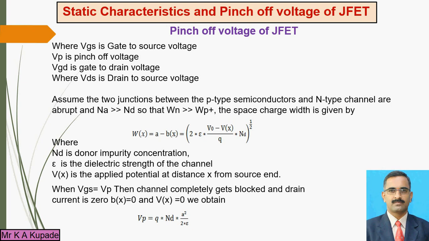And once the point comes, if you apply the reverse gate voltage, then even though you increase VDS, for that gate voltage the current does not flow, because of the reverse bias condition of the PN junction region, the depletion regions meet each other. That particular point is called the pinch off voltage. And even though you increase VDS after that VP point, there is no increase in the current for that voltage. That region is called the saturation region.